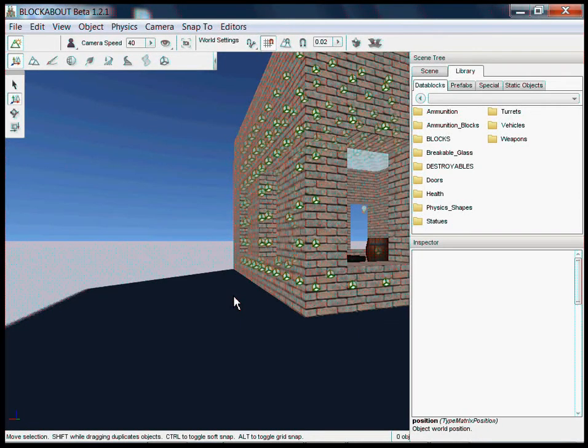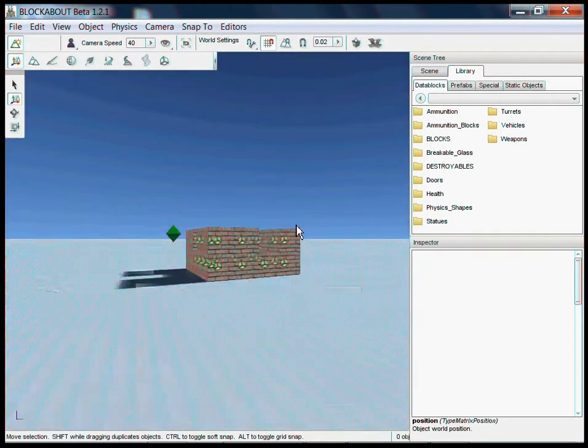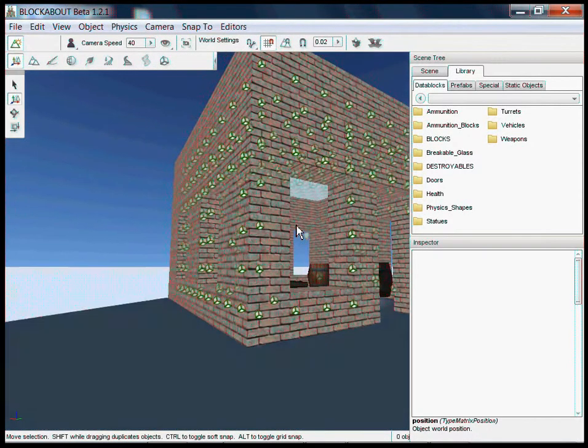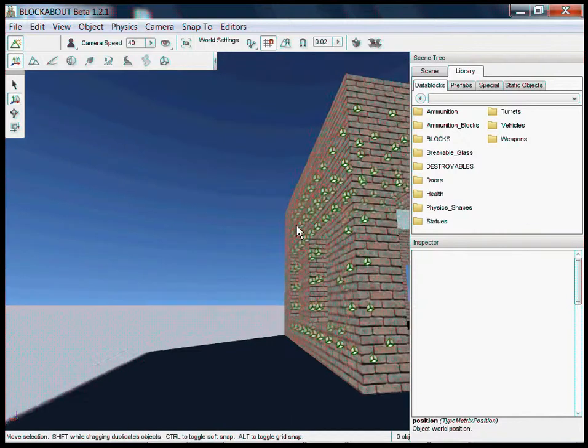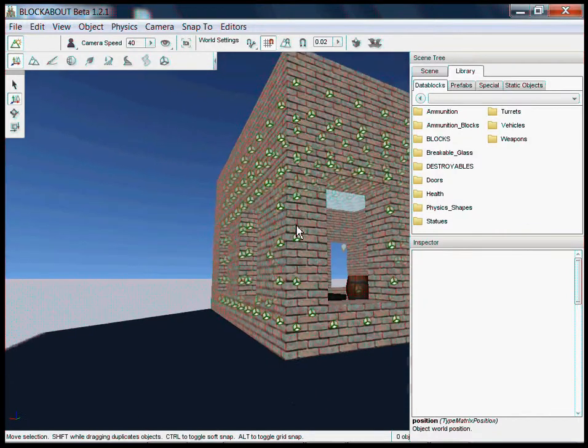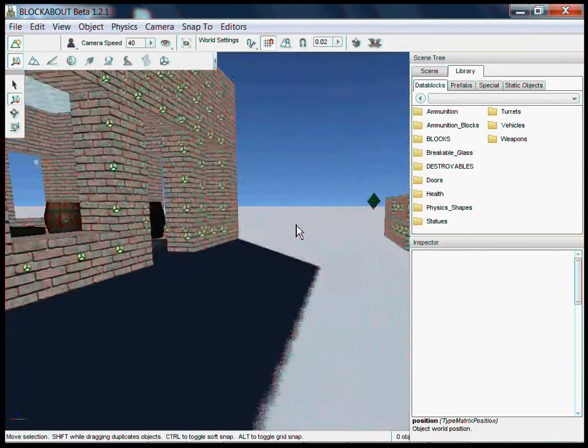Okay, welcome back. We just covered how to make prefabs. This next tutorial for Blockabout is going to show how to make a moving platform. I thought it'd be interesting to maybe make a little elevator to go to the top of this prefab house